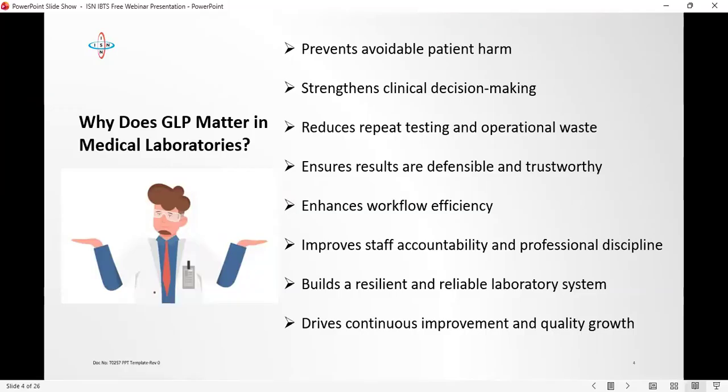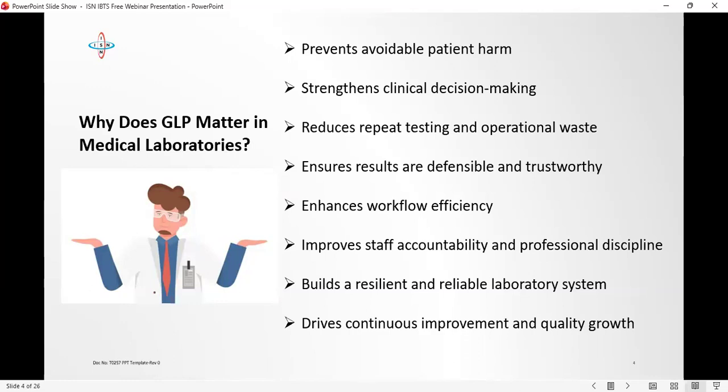So let me make this quick. There was a case in a laboratory where a creatinine result was generated, and from all analytical checks, everything looked perfect. They ran QC for the day, QC passed. Their calibration passed. The quality control was within range, the calibration was valid, and the analyzer had no flag during the analysis. So the result was released confidently. Just imagine how confident you'll be to release that kind of result.